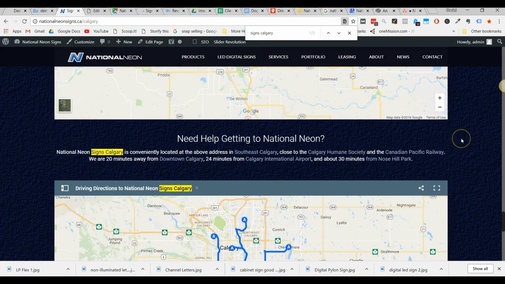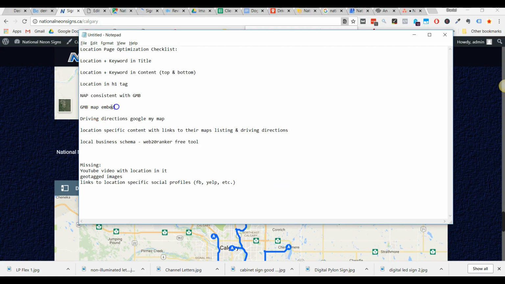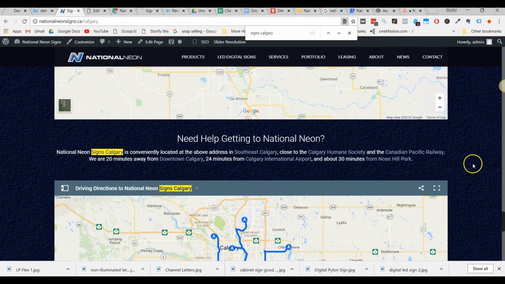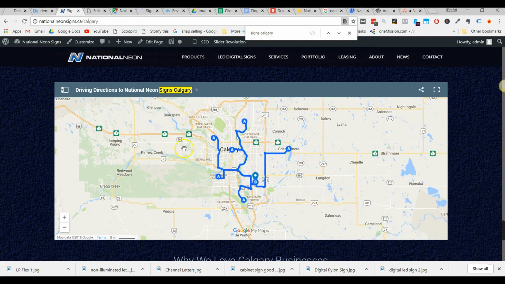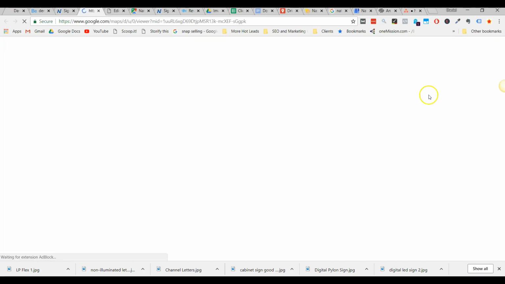What else do we have on our list? Google My Business map embed. We saw that. Driving directions, Google My Maps. Right here we have a Google My Maps with driving directions. All we had to do was go to google.com/mymaps and create directions from various points of the city, from the airport. If we open it up here,